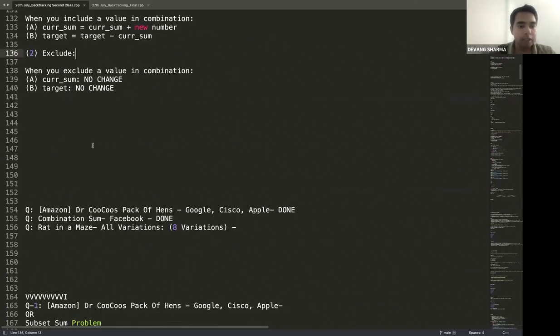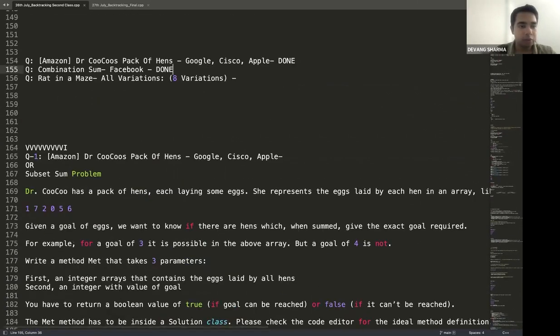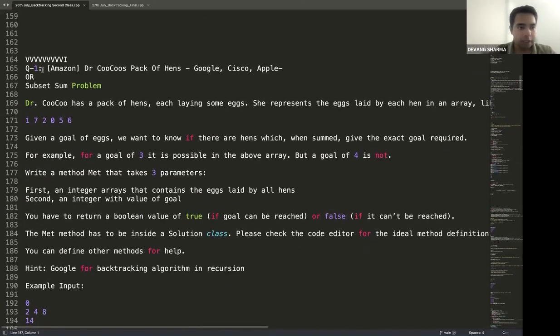Okay. These are the list of questions that we have to implement. We have solved 2 questions in the last class. We'll be starting with the third and the final question today. Question number 1, I've added a lot of V's here because it's a very, very important question, which has been